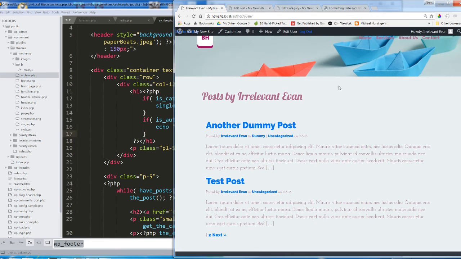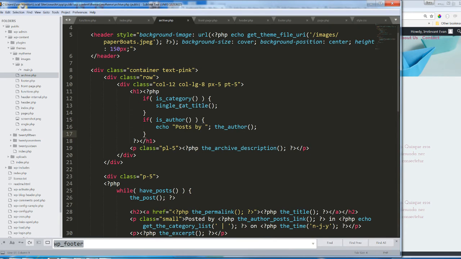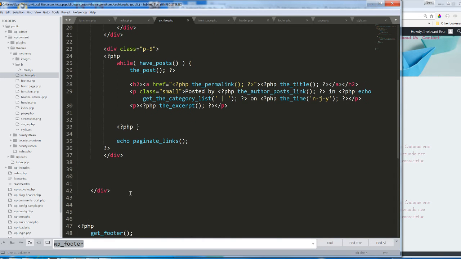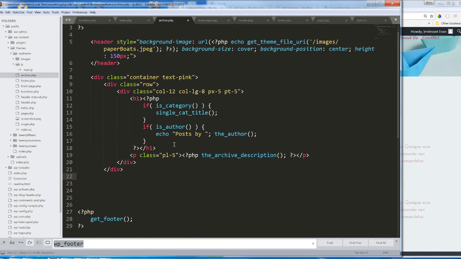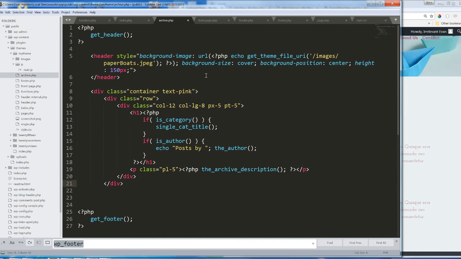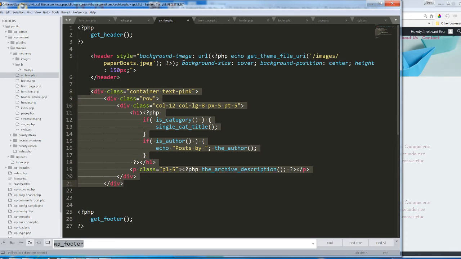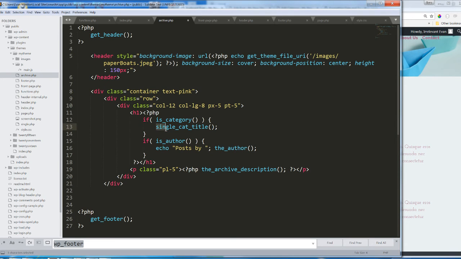All right, so there we go. We've got a custom archive page that accounts for an author or a category. Think about how else we could do this, though. Let me get rid of all of this content. And currently, our archive page has nothing. Well, we can display the title and the header image, and then in here, we could actually